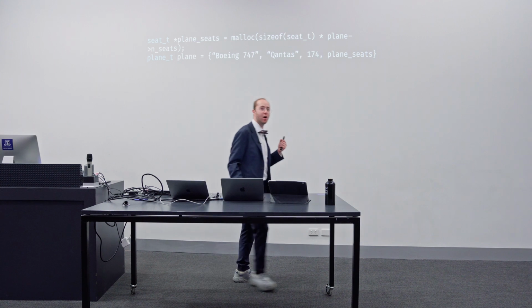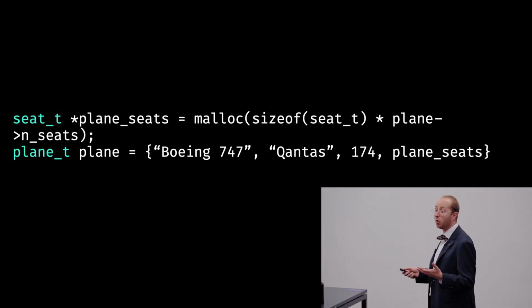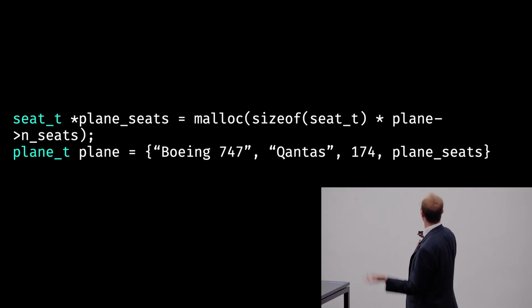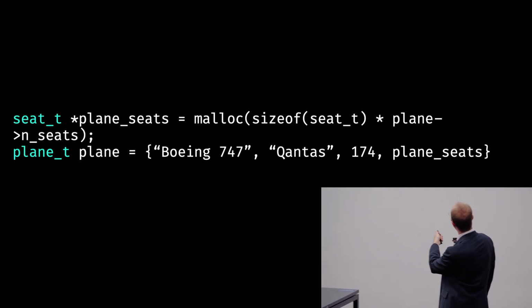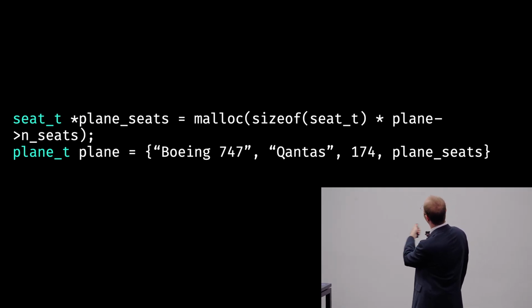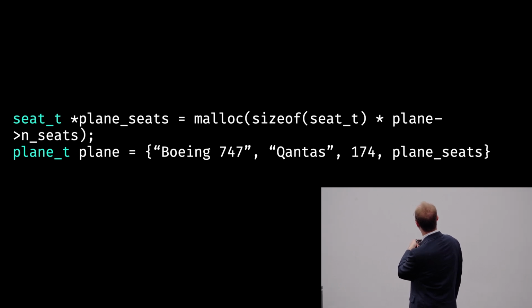So in the context of a more realistic object, let's try it with plane seats and planes. We're going to allocate this time size of seat t multiplied by the number of seats on our particular plane. And let's make this plane a Boeing 747. It's going to be a Qantas one. This is going to be the carrier. It's just another struct. We have 174 seats, and we're going to